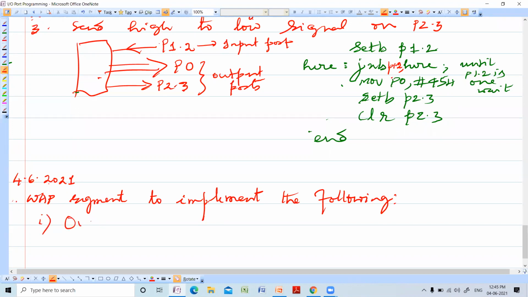One is, the oven is connected or interfaced to some port. Yes, say P2.3.